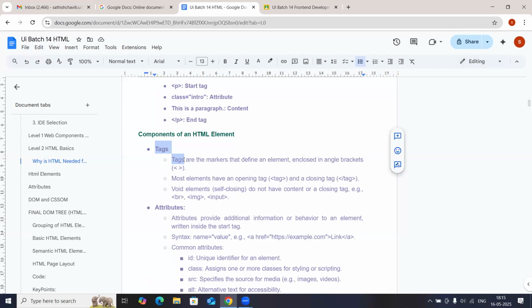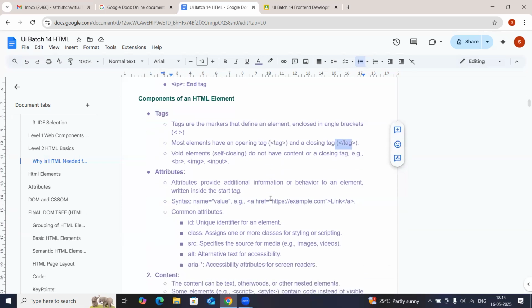These are all the elements which you write inside HTML. When you are working with HTML, you are working with elements. The first component of an element is called tags. Each and every element which you write in the document will definitely have a start tag and end tag, an opening tag and a closing tag. Then there are some elements, which I will categorize in the next class. But remember,